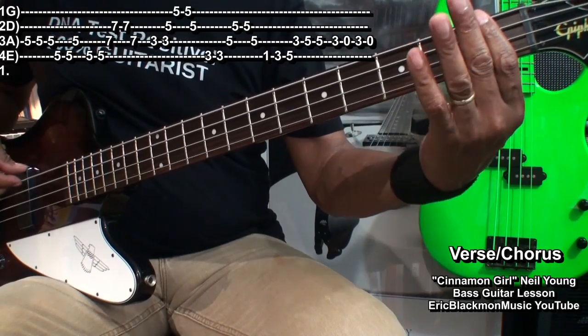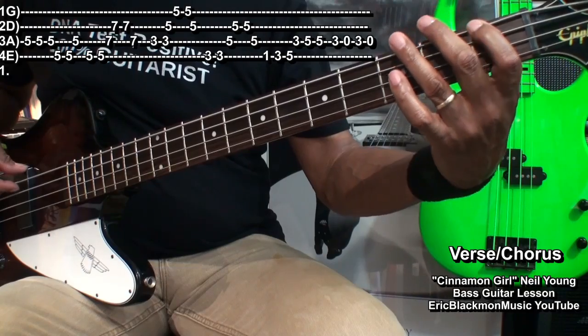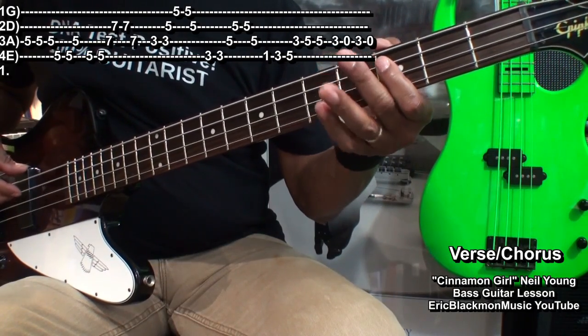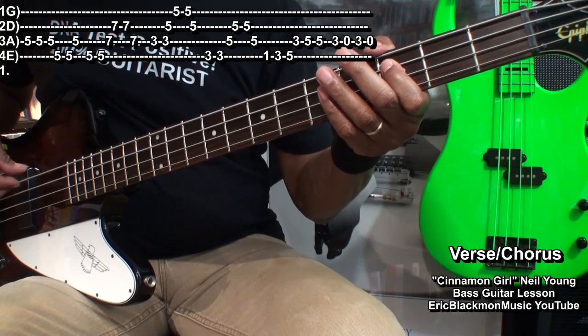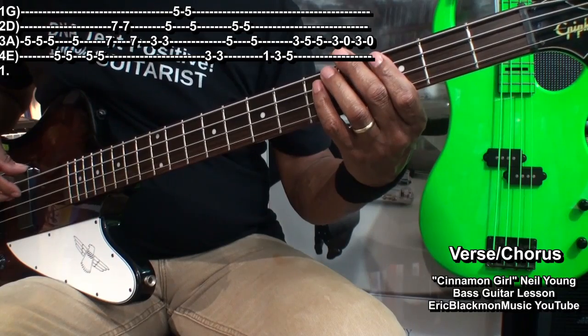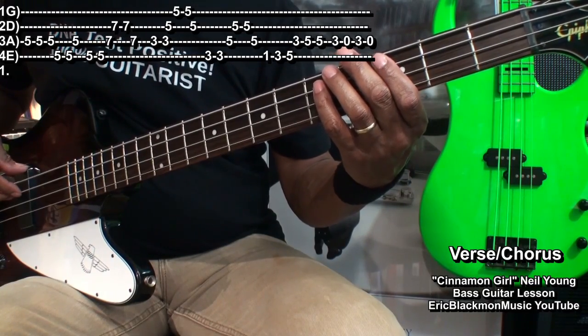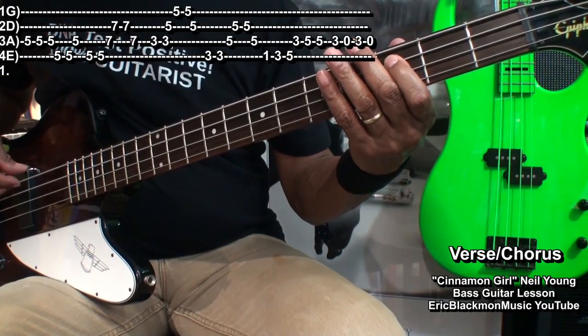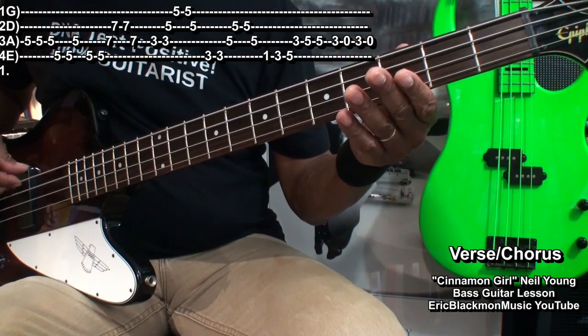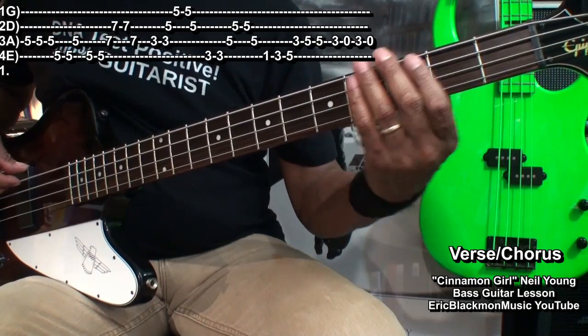So we went to fret 1 on the E string, 3, 5, 3 on the A string, 5 twice, and that's on the D string. 3, open, 3, open. So that's